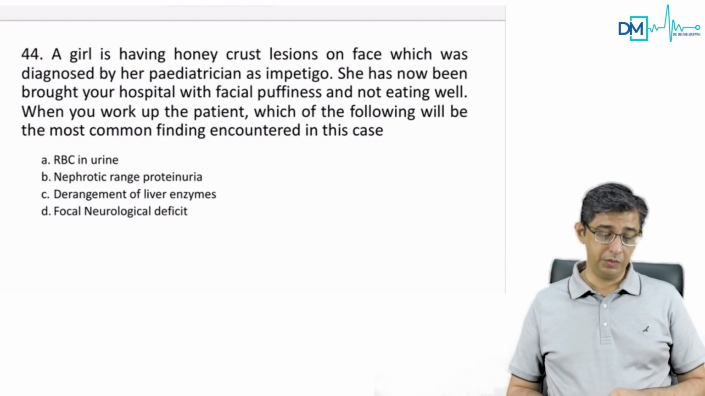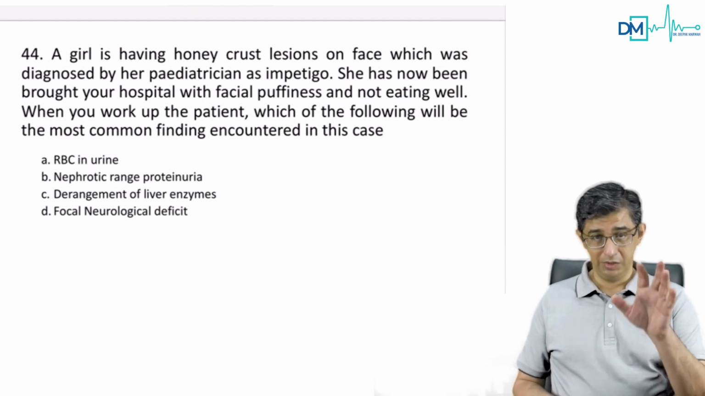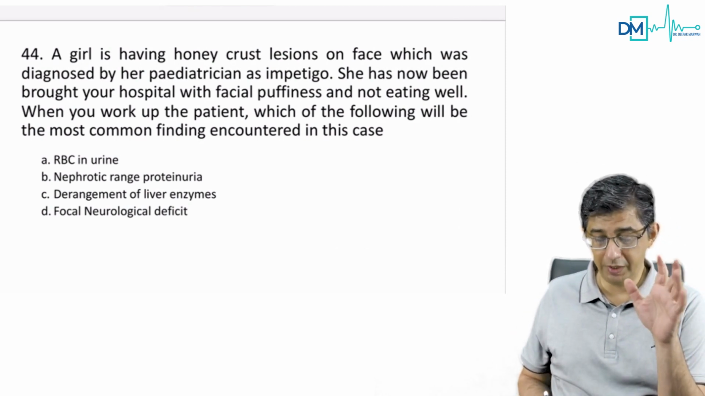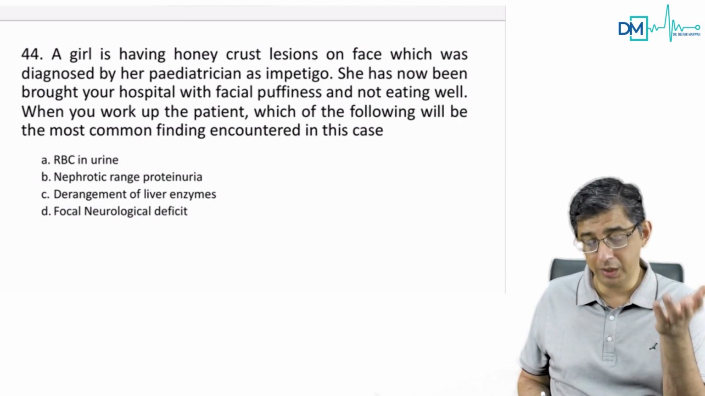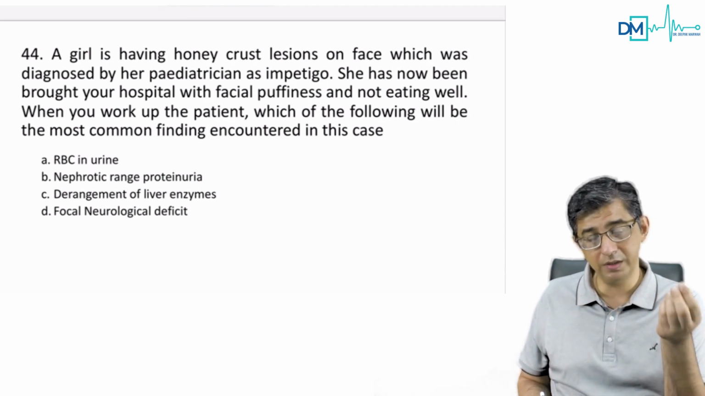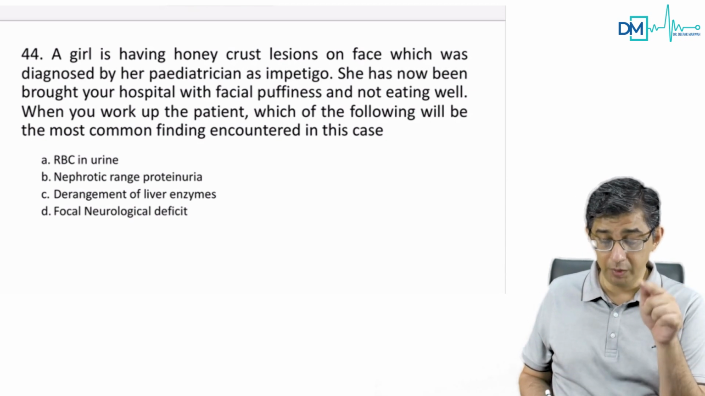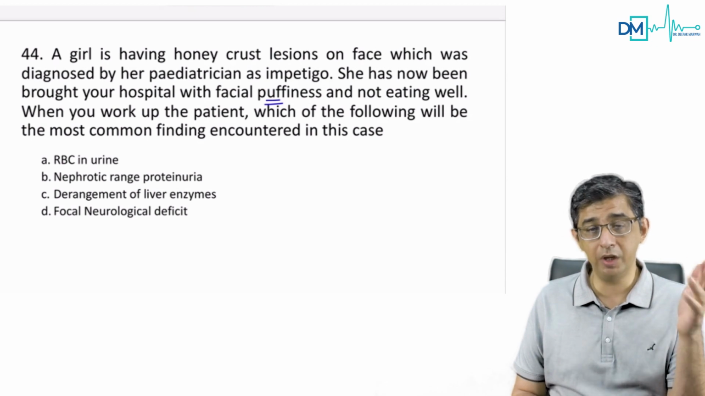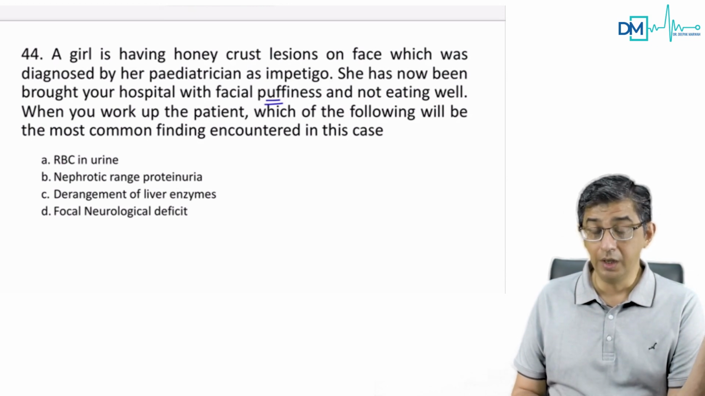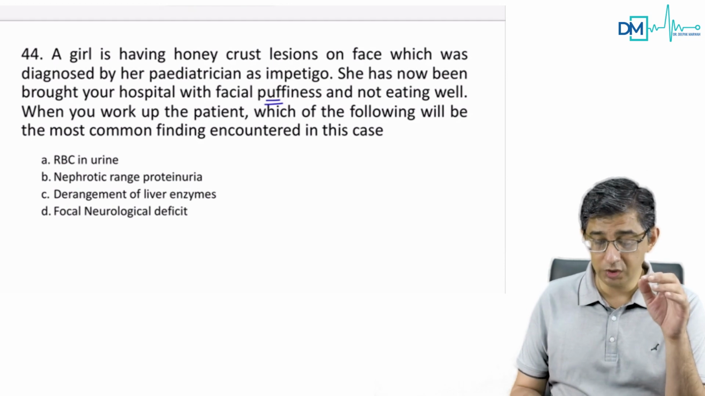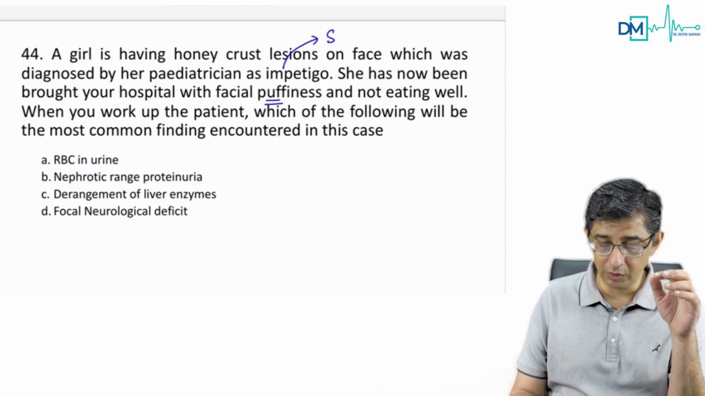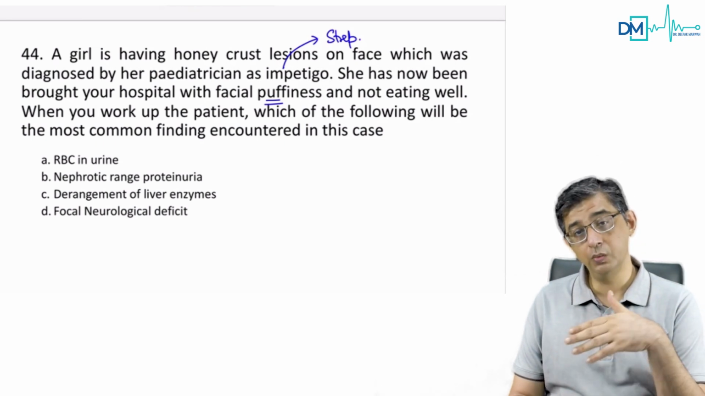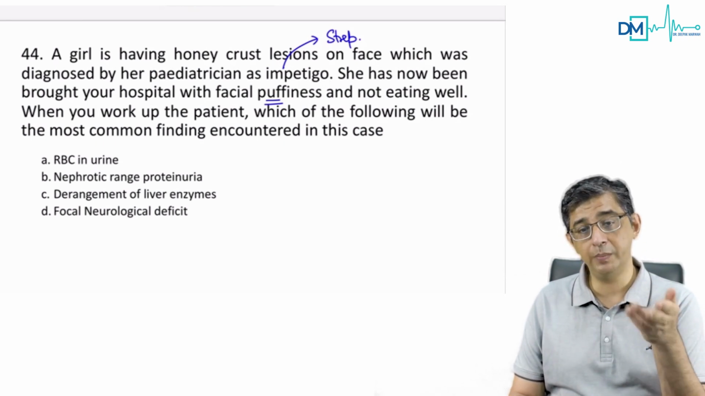Moving to the next one, this question has been distorted a lot, guys. This question is talking about a girl with honey crust lesions on the face, which was diagnosed by the pediatrician as impetigo. So he's already told you impetigo, or even if he did not write the word impetigo, honey crust lesions is impetigo. She has now been brought with facial puffiness and is not eating well. So there were 2 questions. One was a pediatric question of acrodermatitis enteropathica, right? This question is having a girl who's having impetigo, and impetigo is caused by streptococcus, no? It is caused by streptococcus, and once streptococcus contributes to this, then there could be post streptococcal involvement,